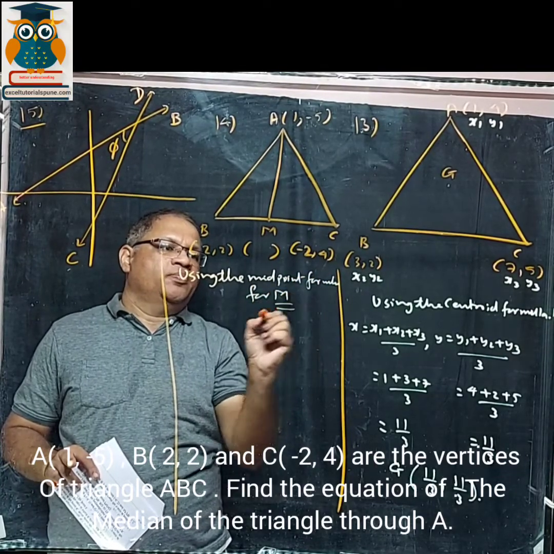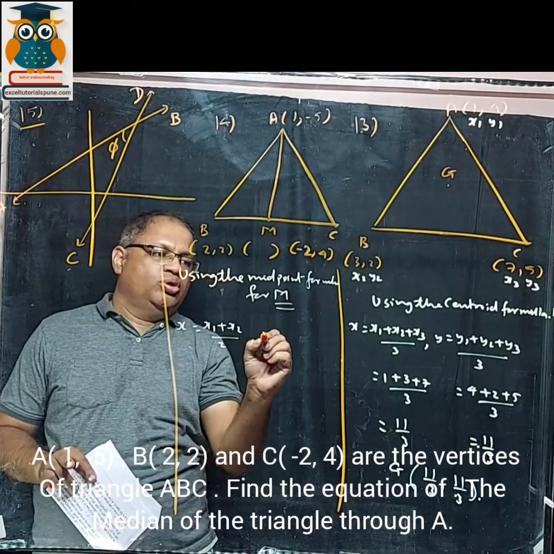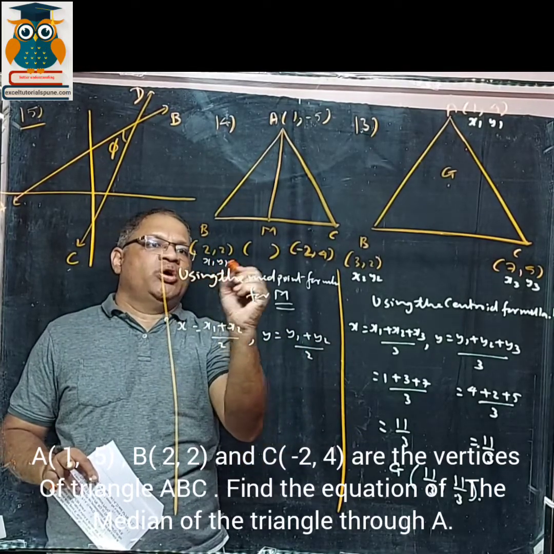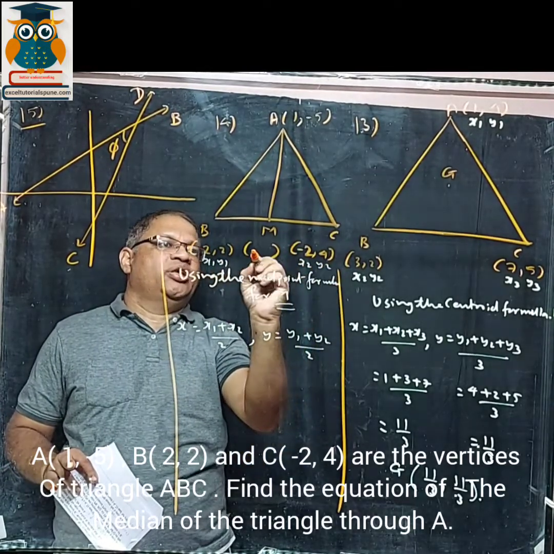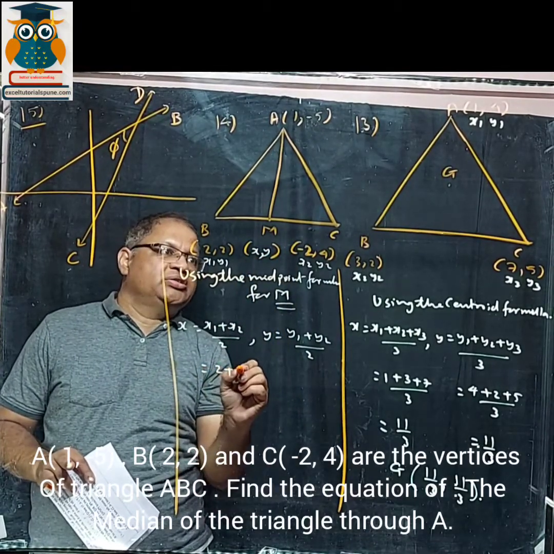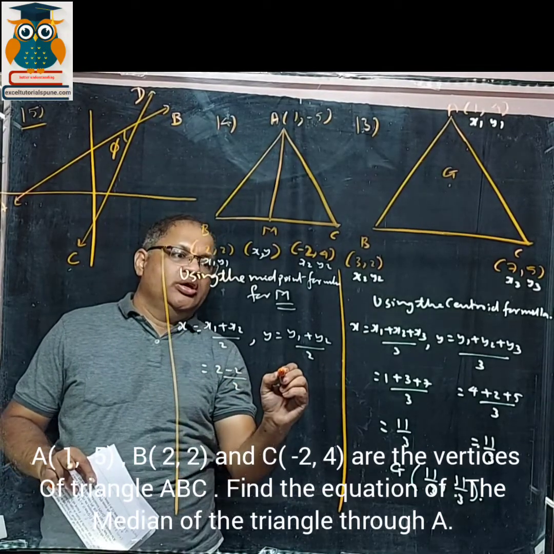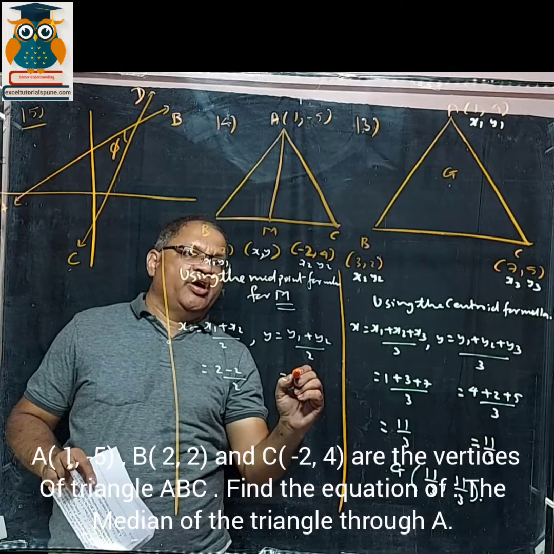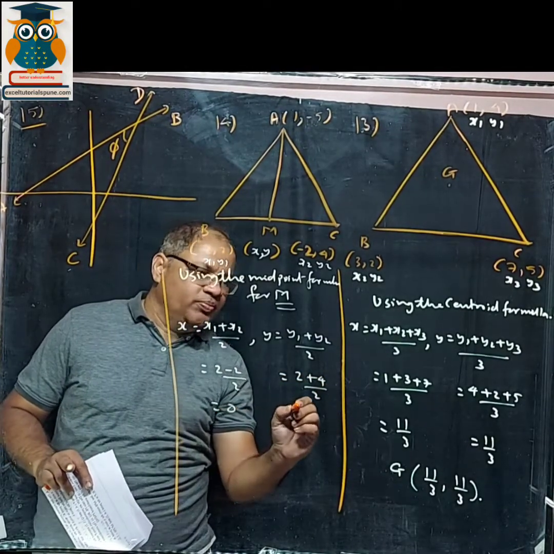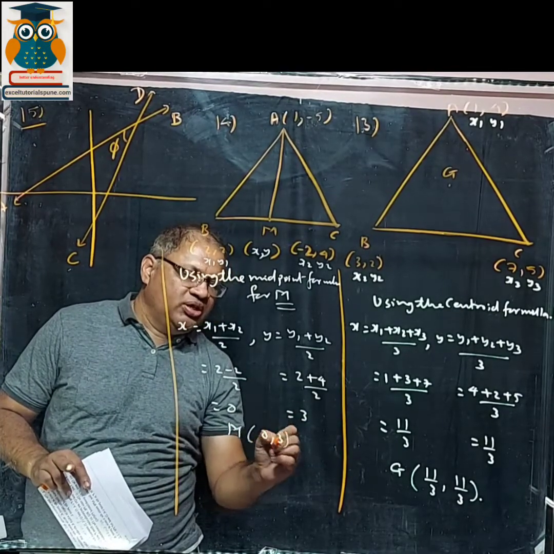for M, x is equal to x1 plus x2 upon 2, y is equal to y1 plus y2 upon 2. So this is your x1, y1, this is your x2, y2 and this is your x and y. Alright. So it will be 2 plus 2 minus 2 upon 2, and on the y-axis 2 plus 4 upon 2. 0, 3. So the coordinates of M is 0, 3.